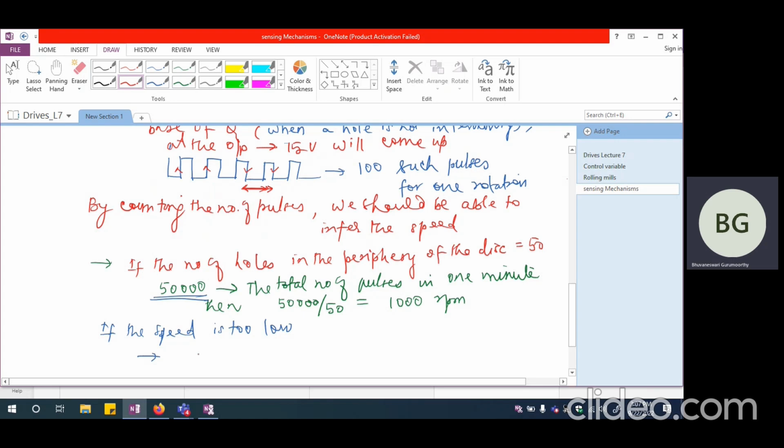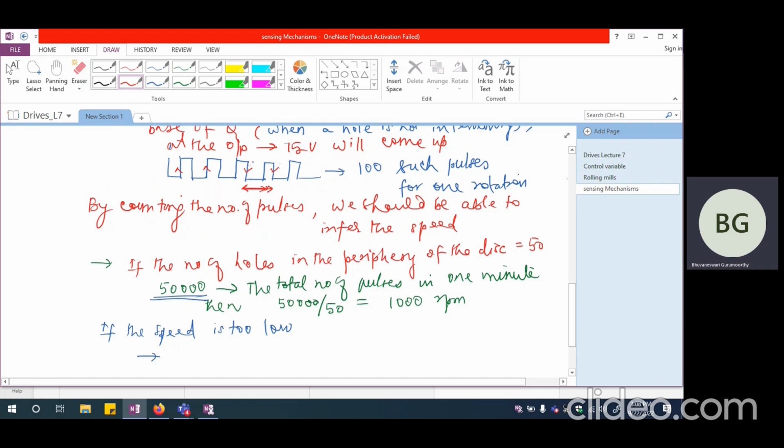For example, if it's a 1 megahertz pulse or 1 kilohertz pulse coming between these two, and I'm counting it within a matter of 1 millisecond or whatever,